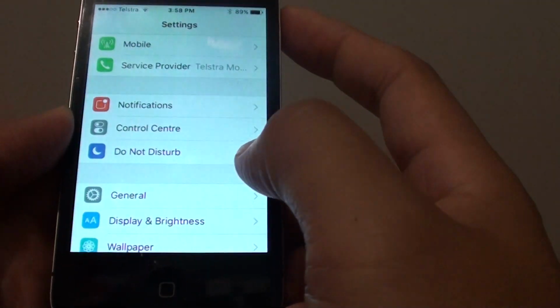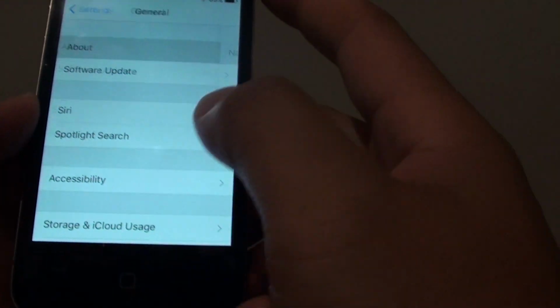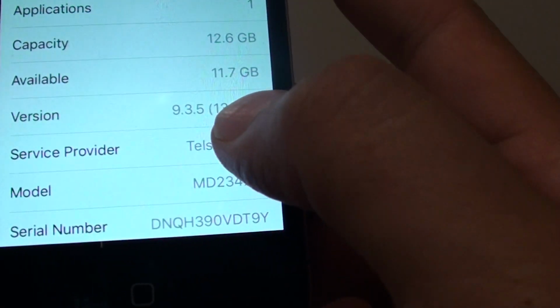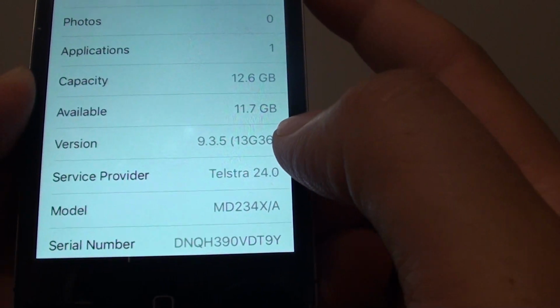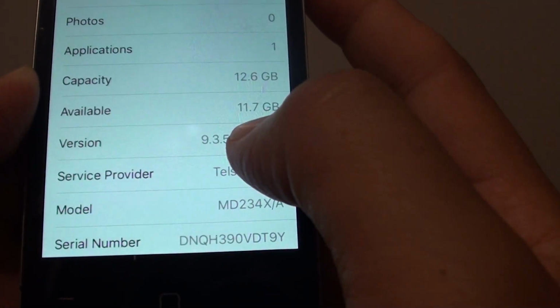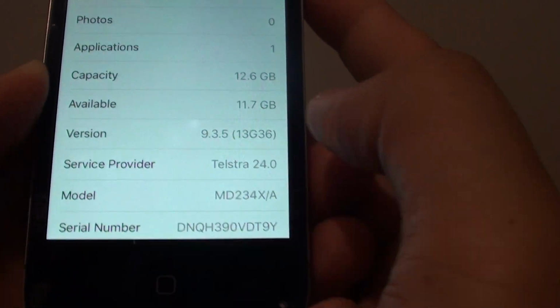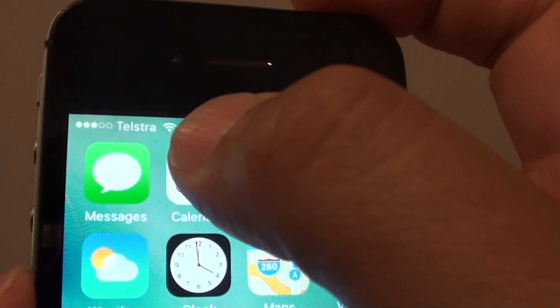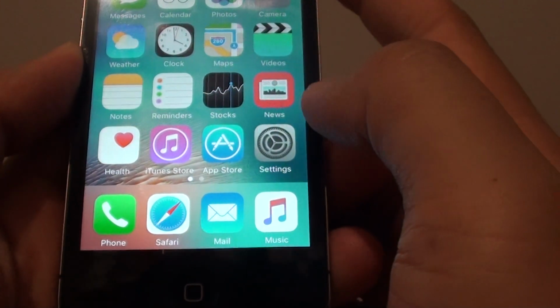On my phone I'm running iOS 9.3.5, so to ensure that it works, make sure your phone is running on the latest version of iOS for your iPhone 4S. Next, make sure that you are already connected to Wi-Fi so that you can download apps, and